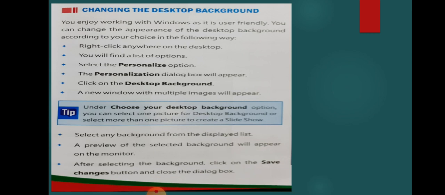From there we select any background from the displayed list and a preview of the selected background will appear on the monitor. After selecting the background, we will click on the Save Changes button and close the dialog box.